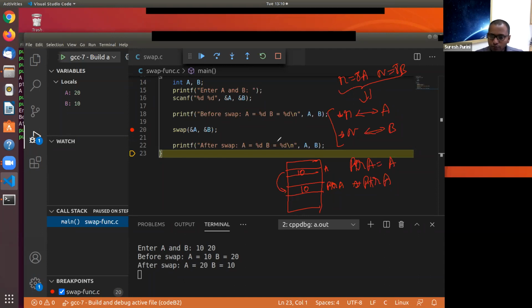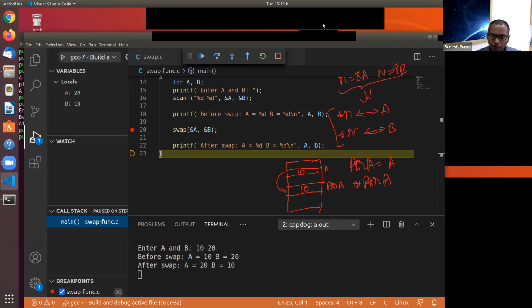Can we use a for loop in a for loop? Of course, you can use a for loop in a for loop. That's the whole point of programming, that you can put things together.